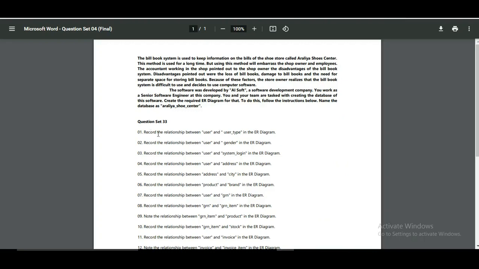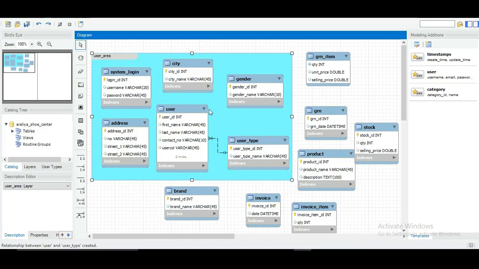And now in the second question, I've been told to record the relationship between the user and gender in the ER diagram. So again, if I go to Workbench, over here we can see the gender and the user table like this. So since many users can have the same gender, that means there can only be a one-to-many relationship between these two tables as well.